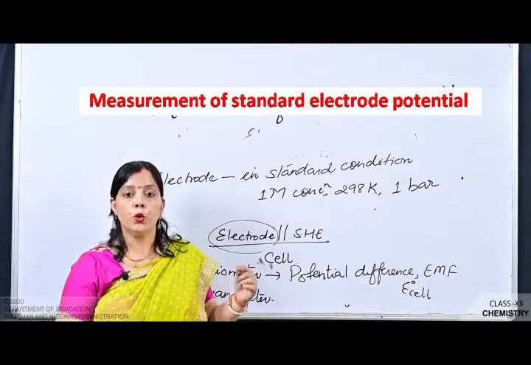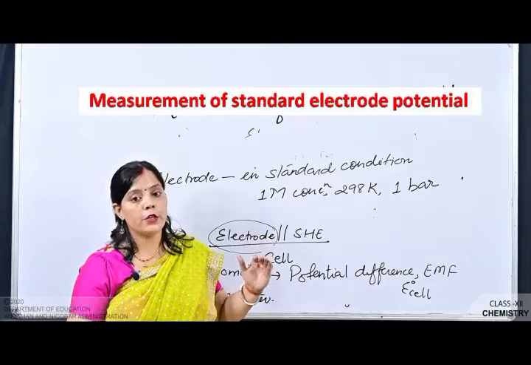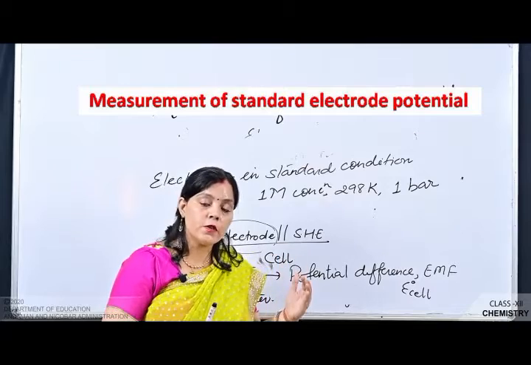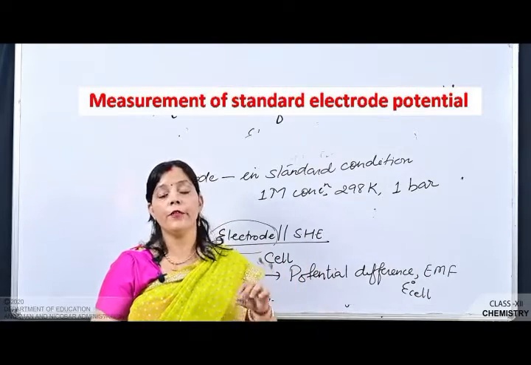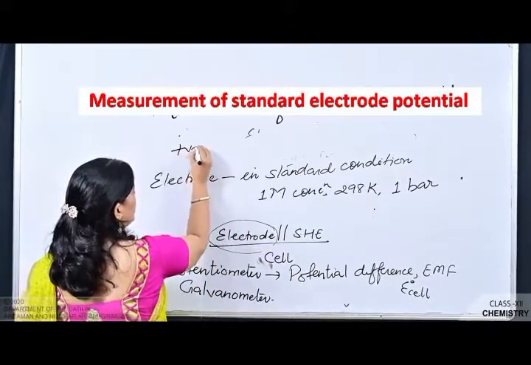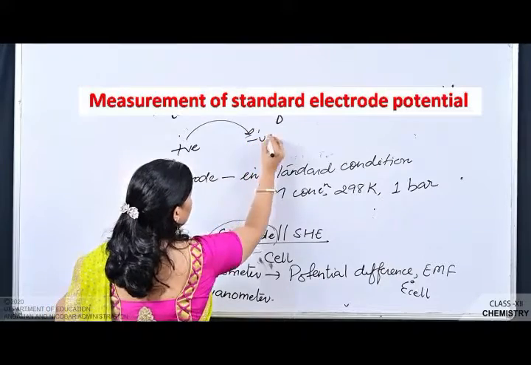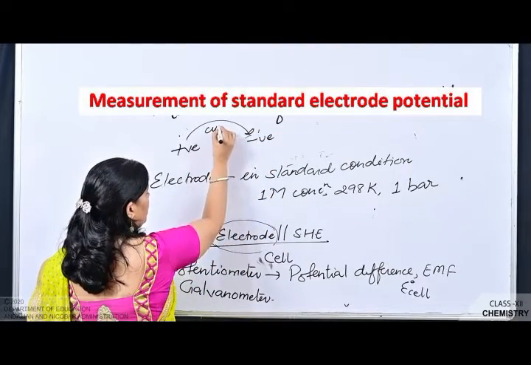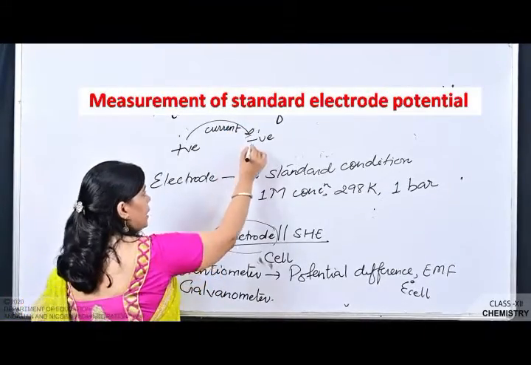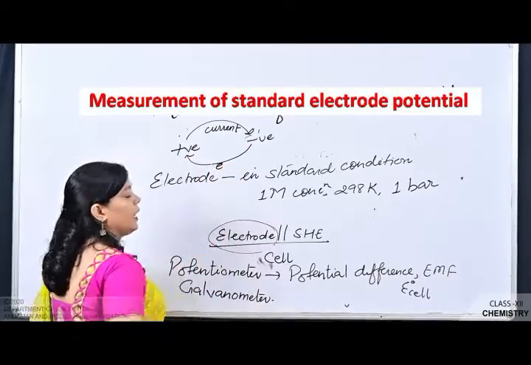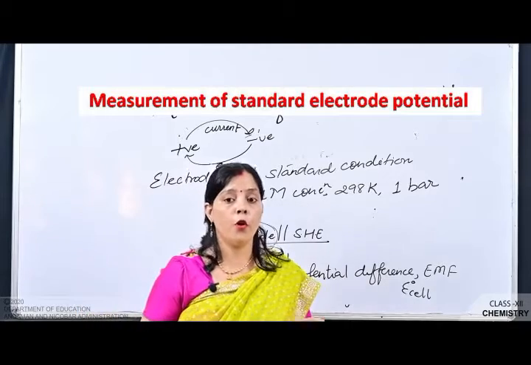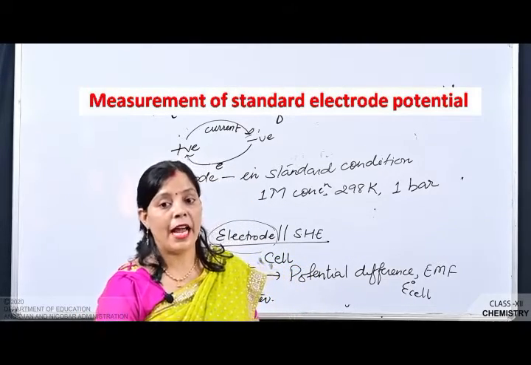This helps us to know the positive and negative terminal of the cell, because the conventional current usually flows from the positive terminal to the negative terminal. Now, if we know the direction of flow of current, and the flow of current can be known with the help of the galvanometer, we know that the electron flows from the negative terminal of the cell to the positive terminal. It means the direction of flow of electron is opposite to that of the current.